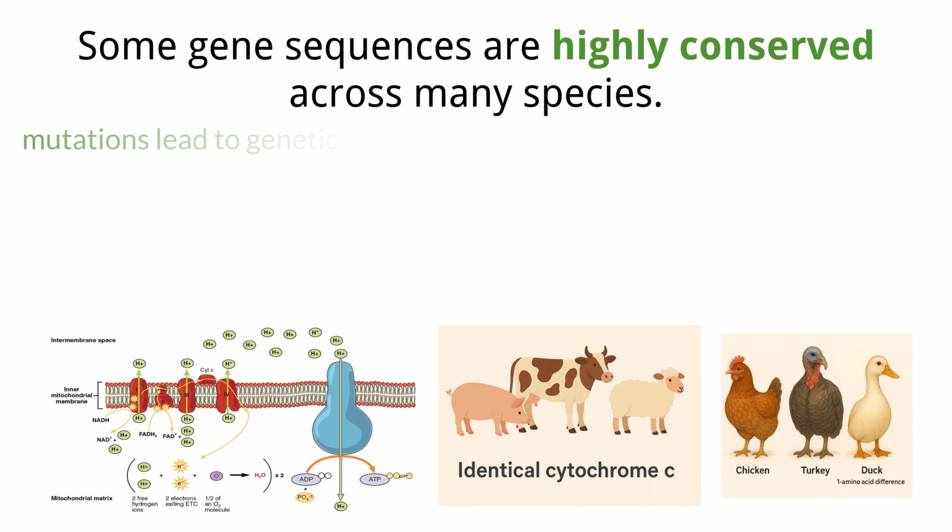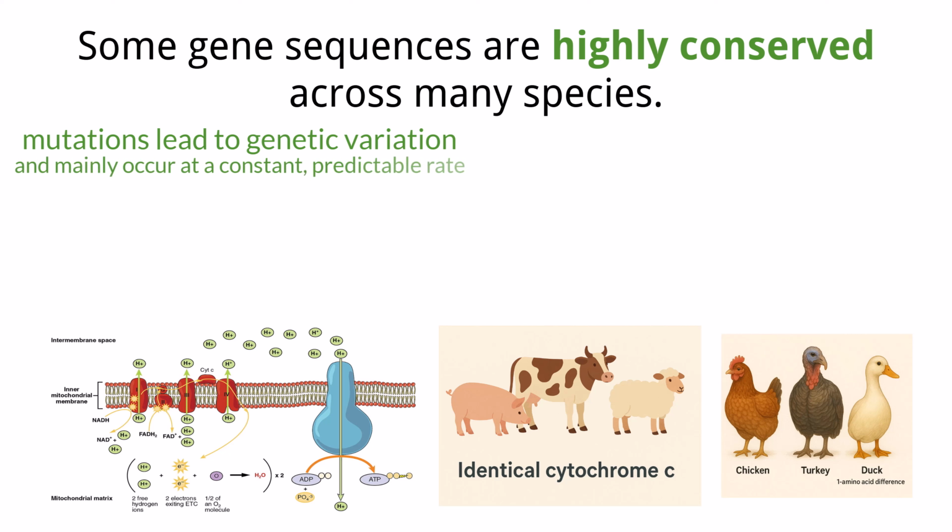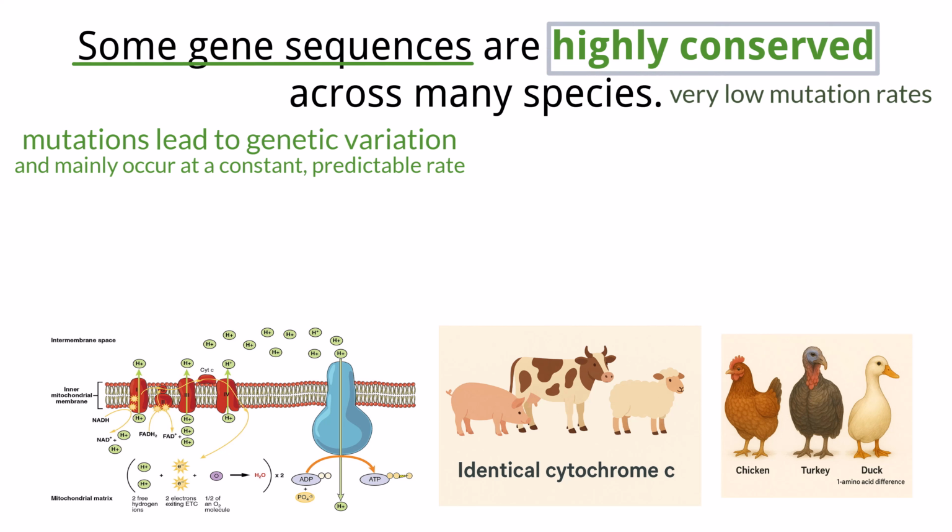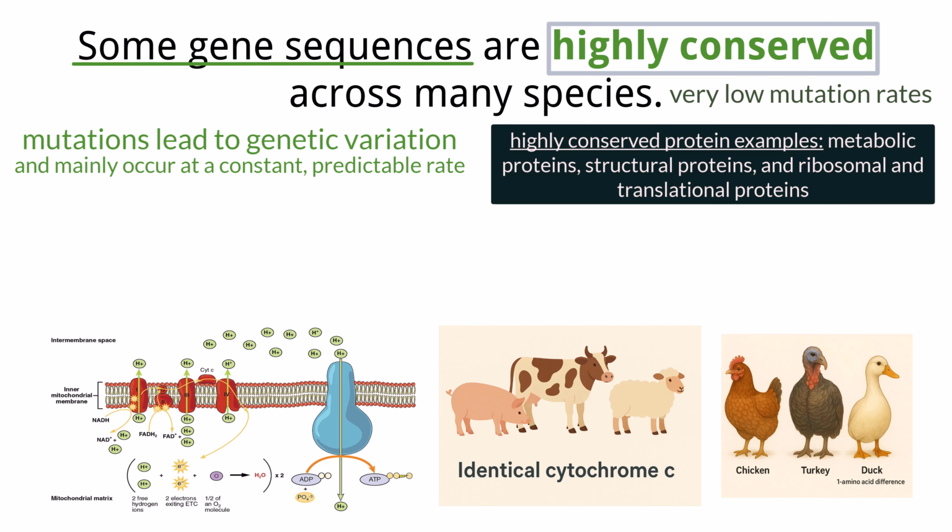We know mutations lead to genetic variation, and the rate at which mutations occur is fairly constant and predictable. However, there are some genes which show relatively few mutations over time. These are called conserved or highly conserved sequences. Highly conserved proteins tend to fall into a few key functional categories because they are essential for life. These include metabolic proteins, fundamental reactions like aerobic respiration, structural proteins which maintain cell shape, genetic information processing proteins involved in DNA packaging, replication, or repair, or ribosomal and translational proteins which form the core of the ribosome and ensure